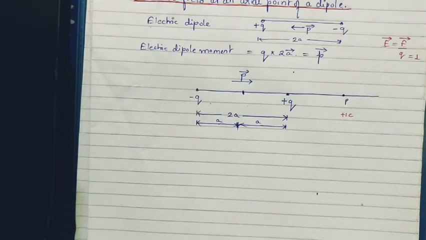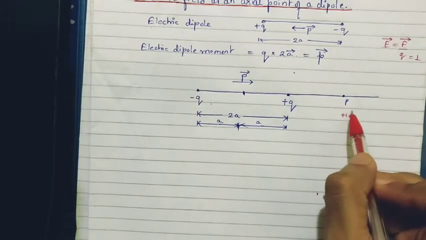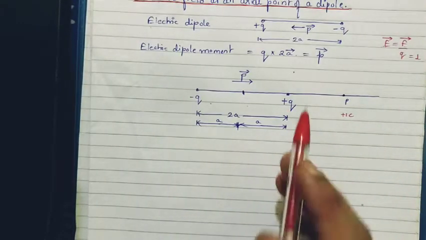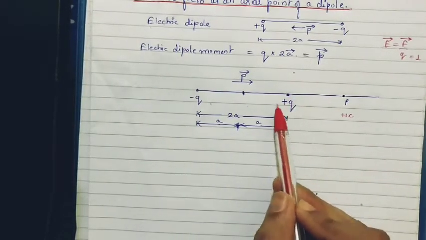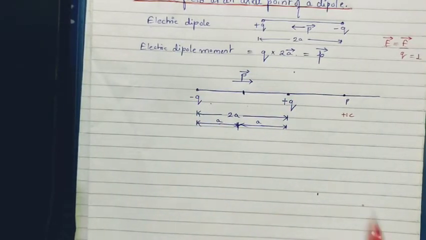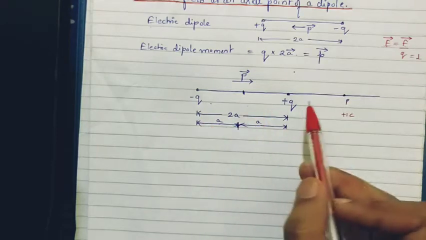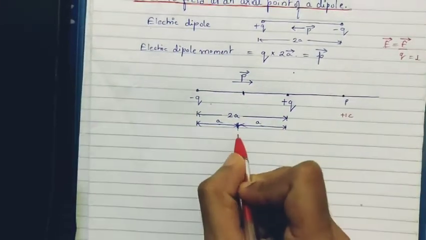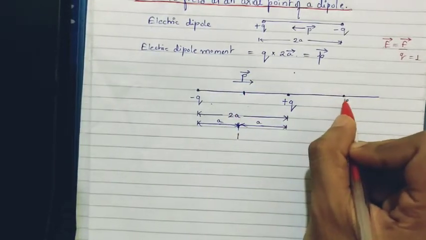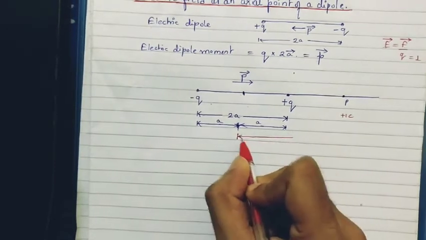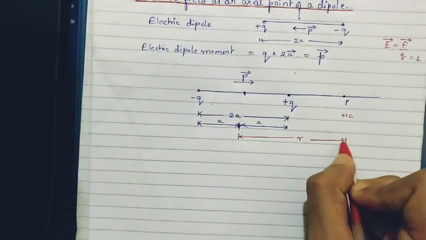Okay. Next, let's find out the electric field direction first, due to individual charges. So which one is closer? If you see, plus Q is closer than minus Q. Okay, let us define the distance of this point P first from the center of the dipole. So let's consider that the distance of the point P, that is the observation point, from the center of the dipole is R. Okay, so let's consider that this distance from here to here is R.